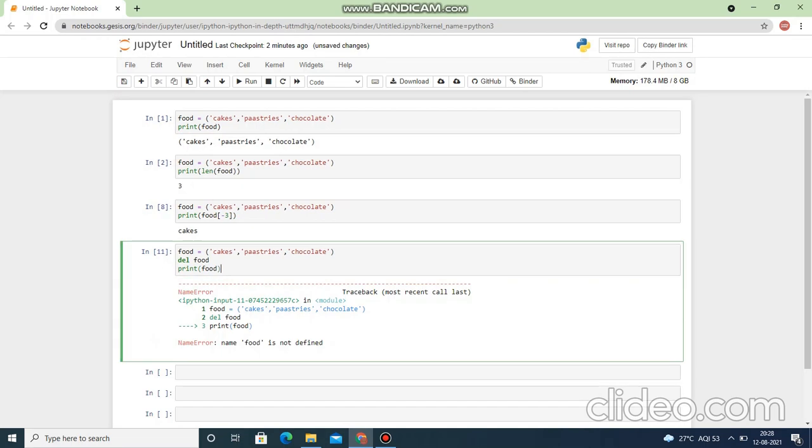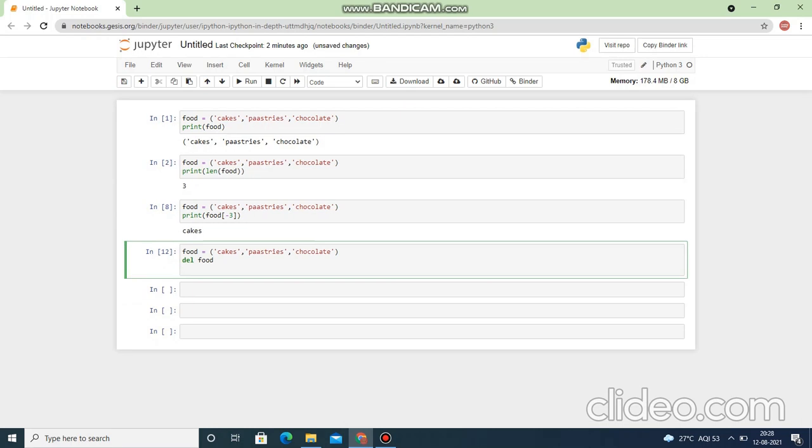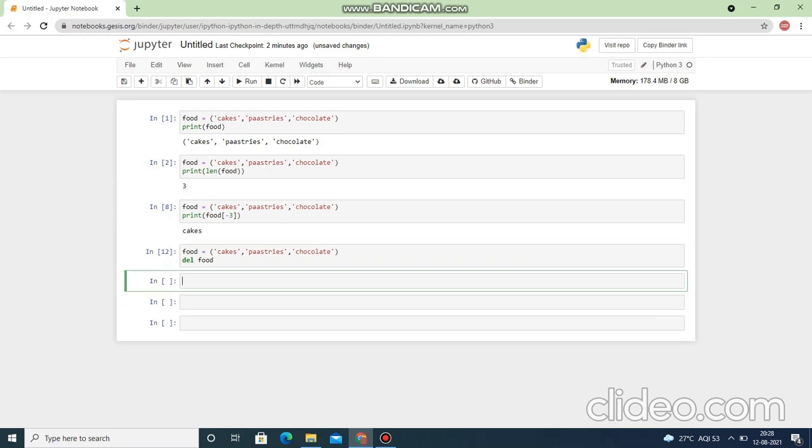You can see that it's an error because the complete tuple has been deleted. You are not supposed to remove any one element from the tuple because it is ordered but not changeable.